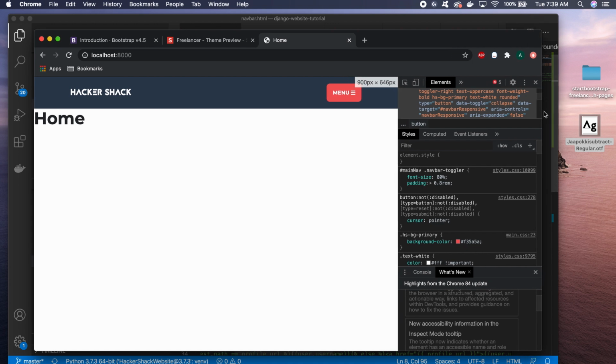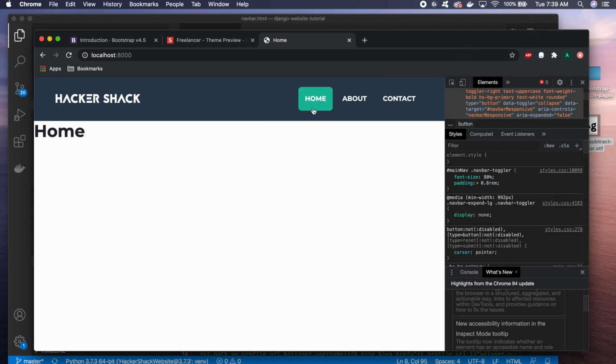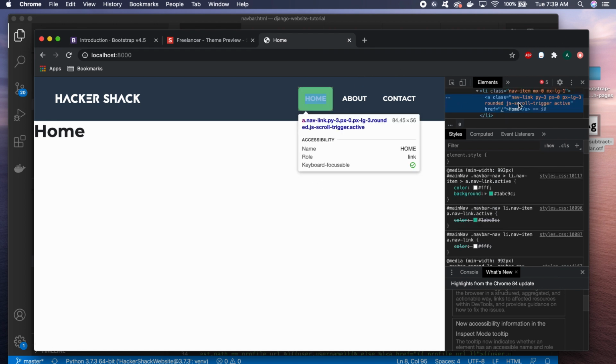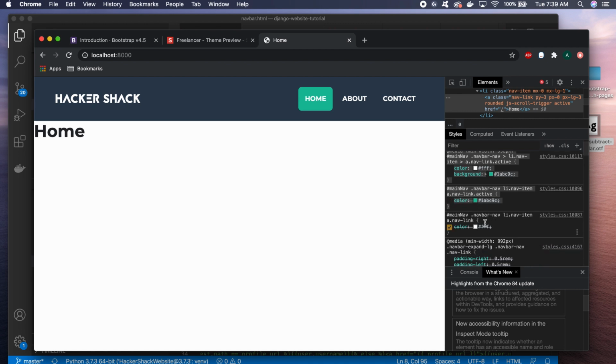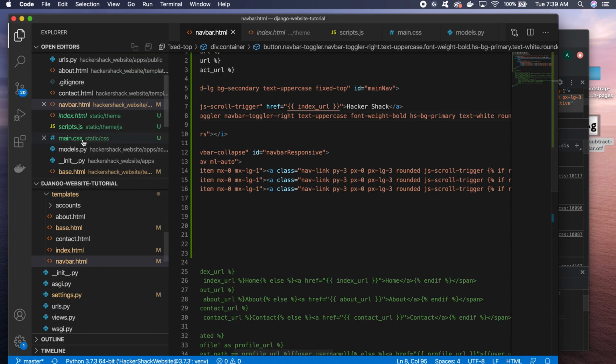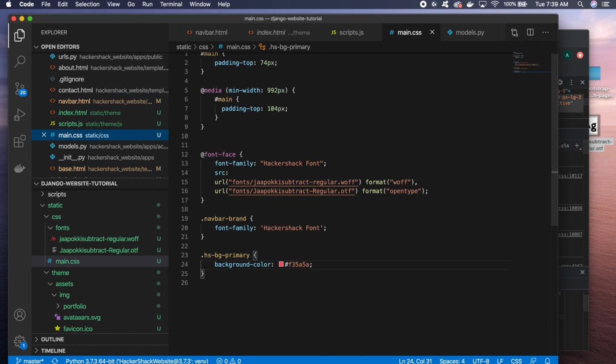The next thing I want to do is make these active elements have an underline instead of just a big rectangular box around them. So usually when I do stuff like this, I'll look at the element and see what kind of classes are on this and look at the styles to override them. So it looks like it has a couple styles here, and usually I'll just copy paste all this stuff into my CSS and then just override that value with something that I want. So I've already done this, and I'm just going to copy paste it in,